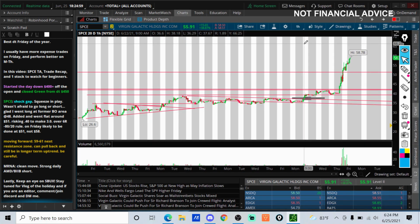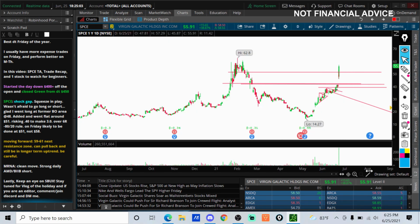Moving forward on SPCE, well, where's it going? Well, there's this pretty strong resistance if we look at the daily time frame, right at about 59 up to 62. So watch out for that area to be some resistance. I bet some short sellers are going to take a stand and probably sell up there in this little zone and then put their stop losses above that prior all-time high for SPCE. Downside, SPCE has tons of space to put in a higher low, but look for it to find some support right at about that 51 area,